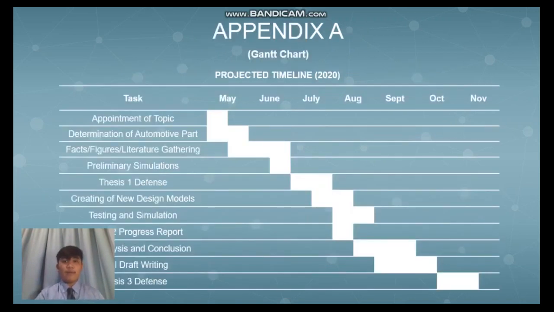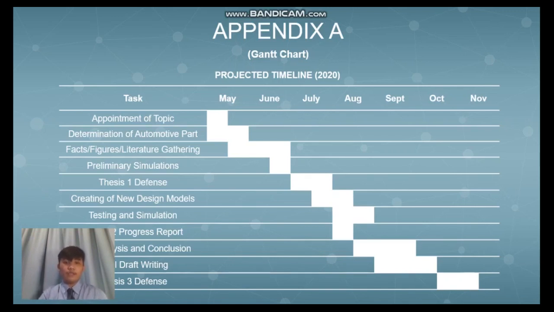So for the appendices, first we have the Gantt chart. This is the projected timeline of our project. First, the appointment of topic for May, the determination of automotive part, that's the lower control arm, facts, figures, literature gathering around May to June, preliminary simulations by the end of June. Of course, the researchers have to try first the Fusion 360 in conducting its simulations. Thesis 1 defense here in July, creating of new design models, of course, in July also, July to August, testing